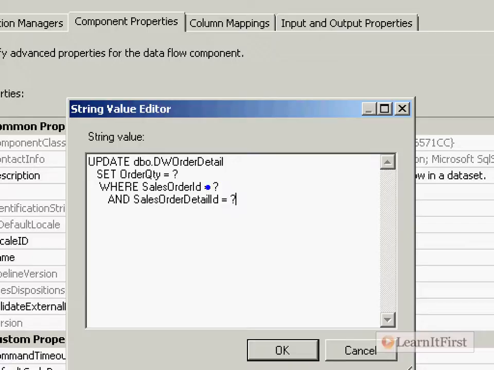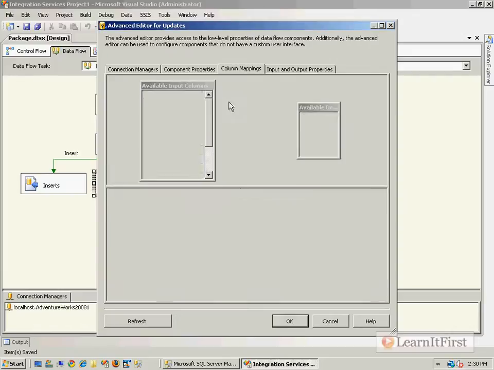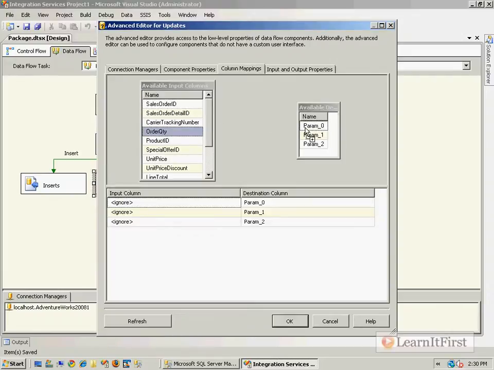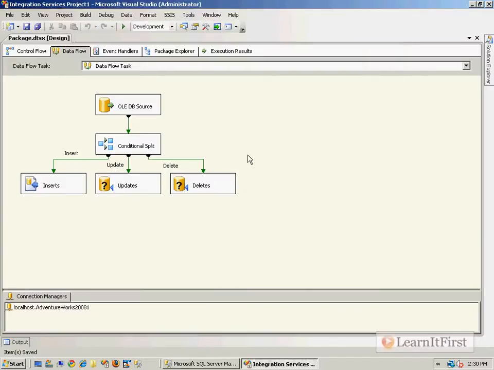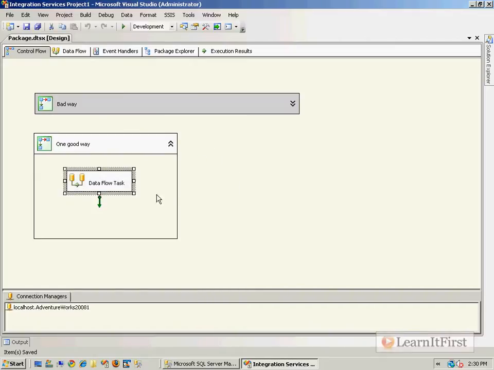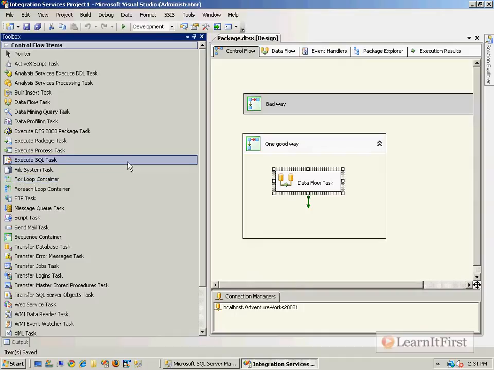Okay. And so here are parameters 0, 1, and 2. Come up here, param 0 is order quantity, and just map those up. I'm cool. And the last thing I need to do, come back up here to my execute SQL task